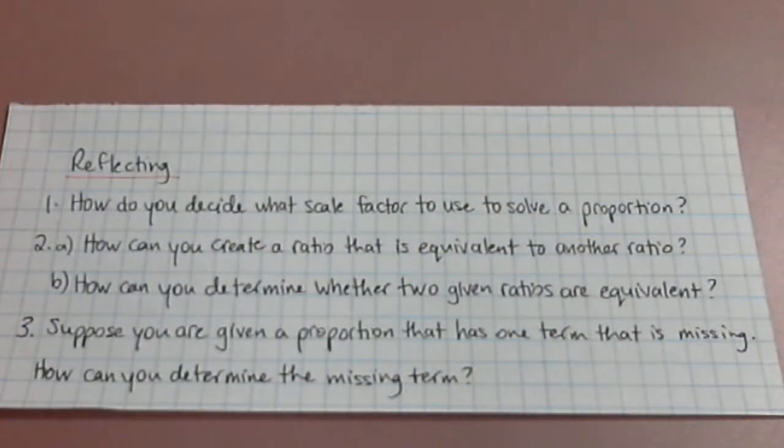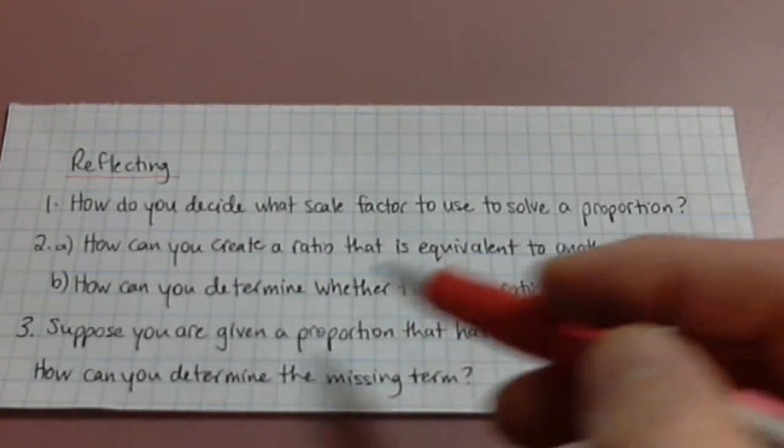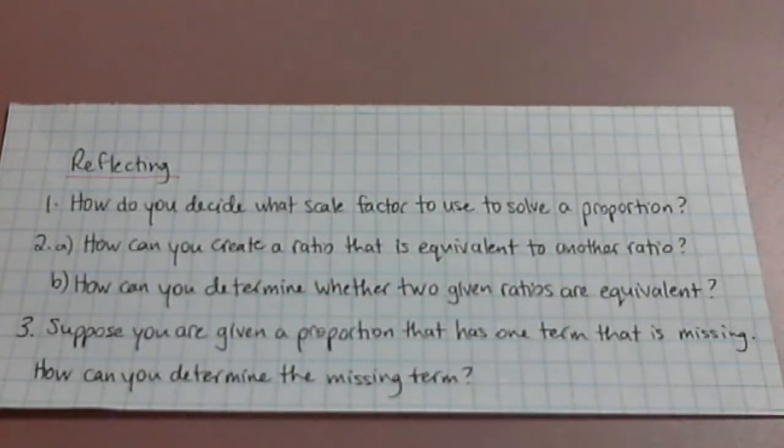Well, you can use your scale factors. You can multiply by a scale factor of 2, you can multiply by a scale factor of 3 or 4 or 5 and so on and so forth. Same thing, you can divide by a scale factor as well to get an equivalent ratio. How can you determine whether two ratios are equivalent? If you can apply the same scale factor on the left-hand one and apply it to the right one, then it's